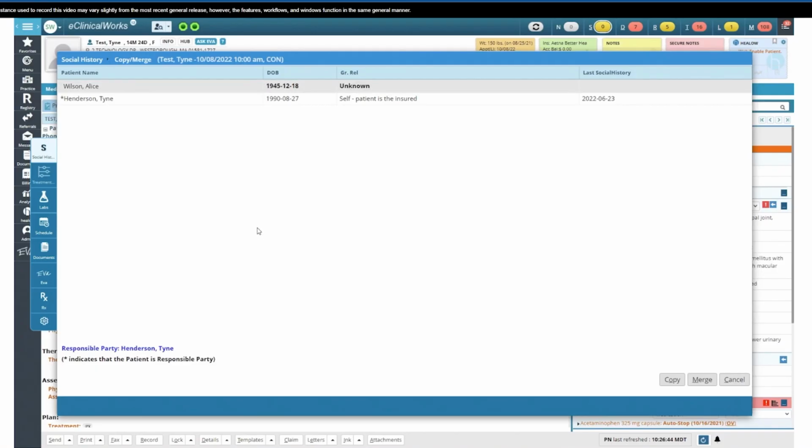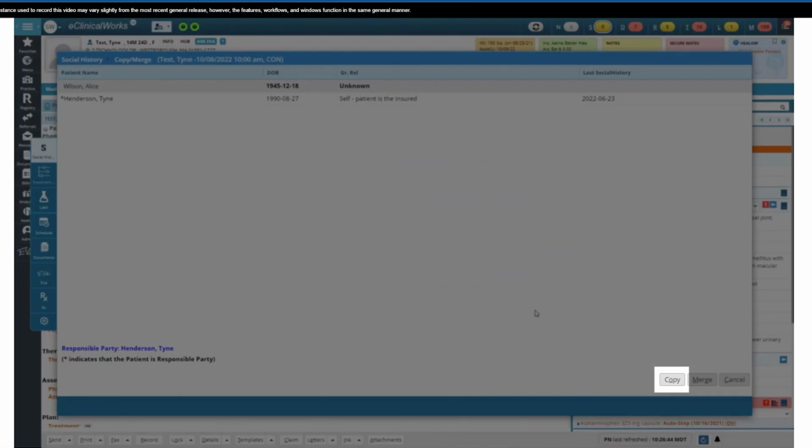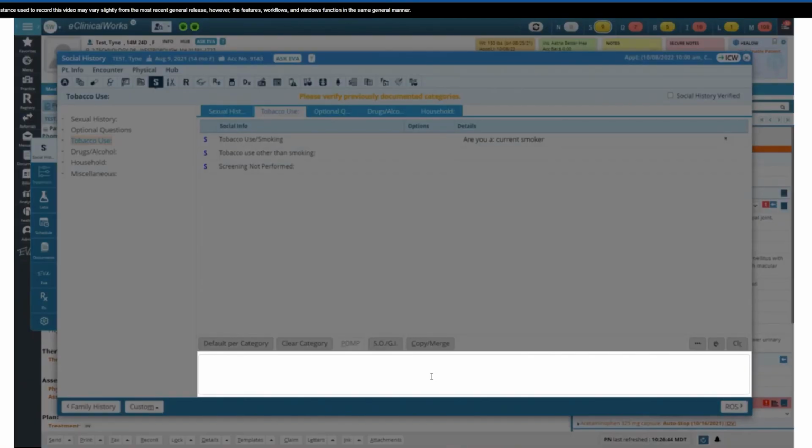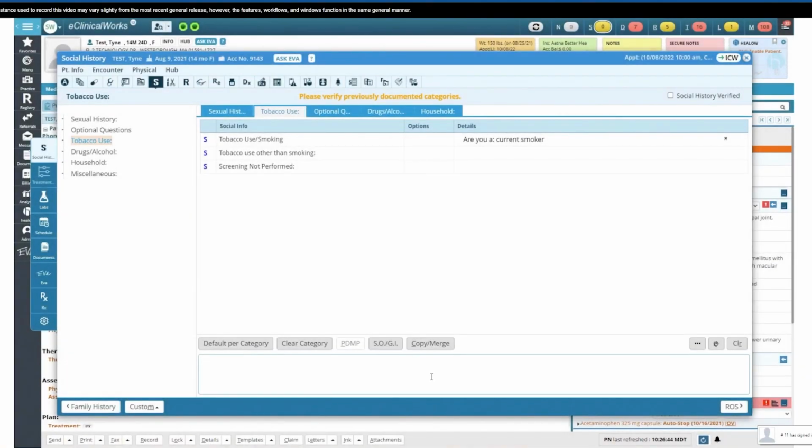If you wish to pull the information from another patient, we have the copy option, which will overwrite any existing information, or the merge option, which will append it. Any additional notes can be added within the notes field below. Once you have completed documenting your social history details, be sure to